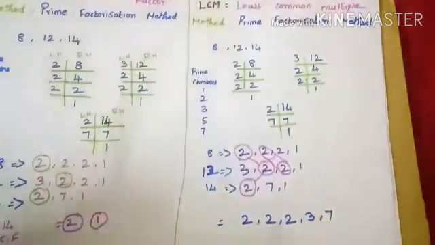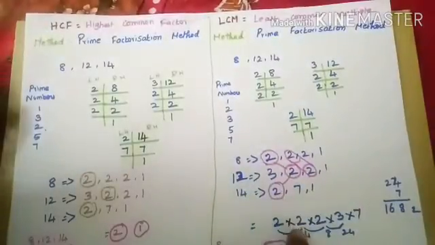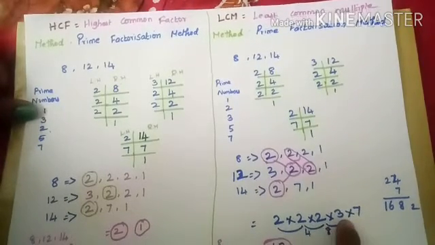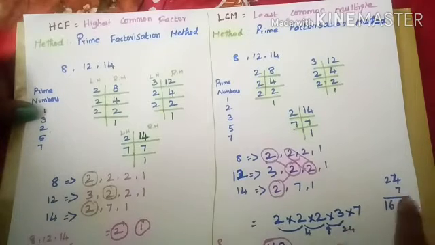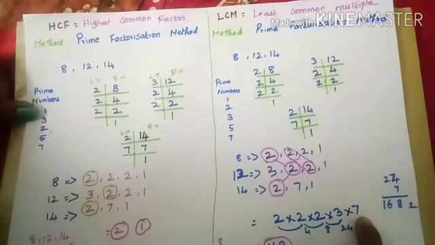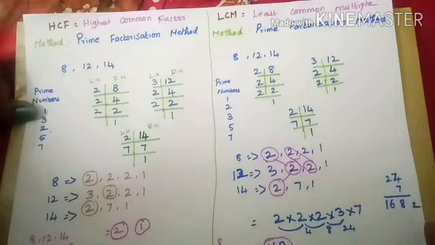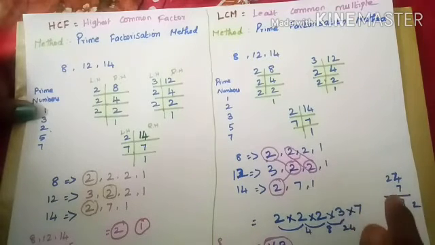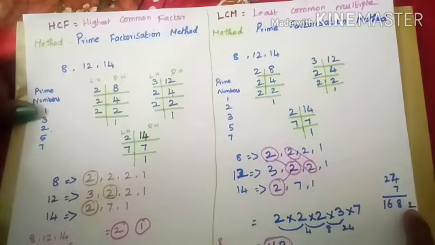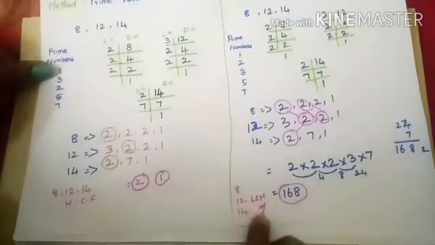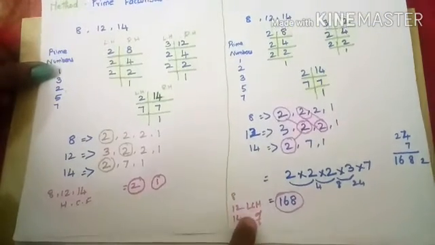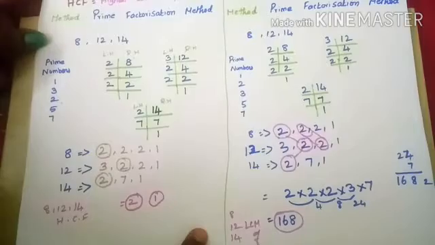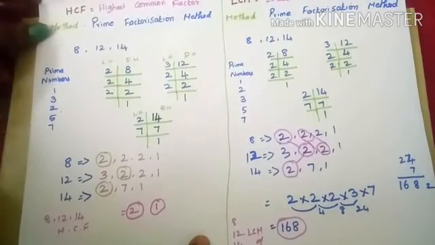So now we are going to multiply the numbers. So students, look at this. 2 2s are 4. 4 2s are 8. 8 3s are 24. So 24 into 7. 7 4s are 28. So 8 right here and 2 on the outer side. 7 2s are 14. 14 plus 2, 16. So look at this. The LCM of 8, 12 and 14 is 168. So this is the way to find the LCM of the numbers. Got it?